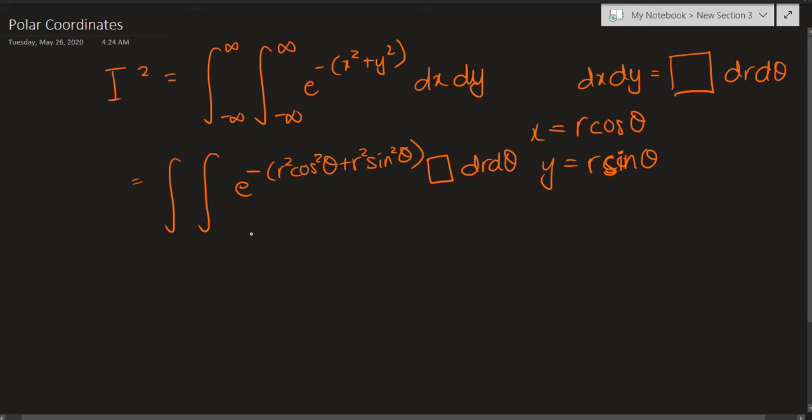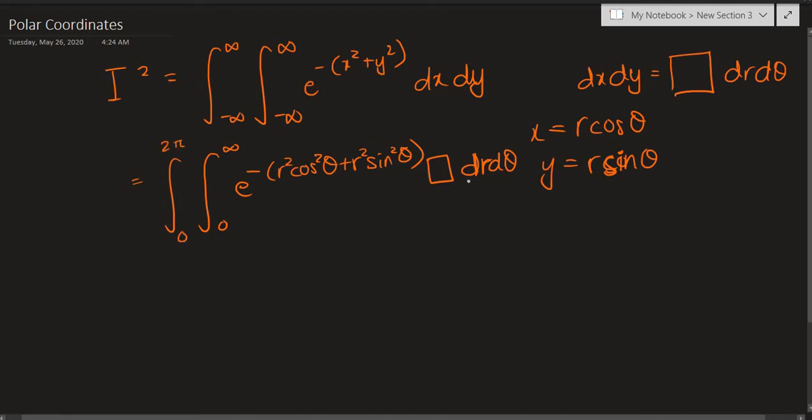So now, upper and lower bounds. The inside integral is with respect to r. Notice that we were covering the entire x-axis and entire y-axis within negative infinity and positive infinity. So we basically need to cover the entire space, because it's an integral over all real numbers. So now when we decide to cover all the space, dr will have to go from 0 to infinity and d theta will have to go from 0 to pi.